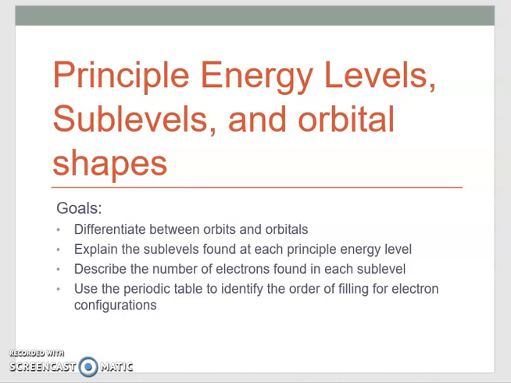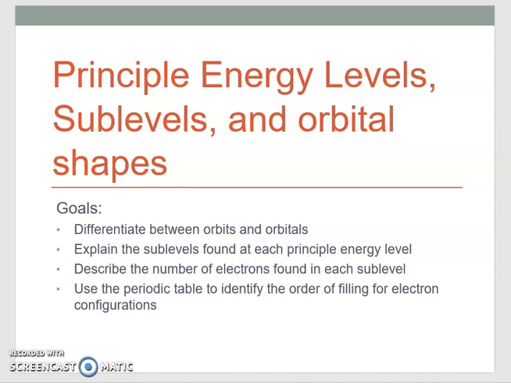Let's talk about principal energy levels, sublevels, and orbital shapes. Our goals are to differentiate between orbits, which we looked at with Bohr's model, and orbitals. We are going to explain the sublevels that are found at each principal energy level, describe the number of electrons that are found in each sublevel, and then be able to use the periodic table to identify the order of